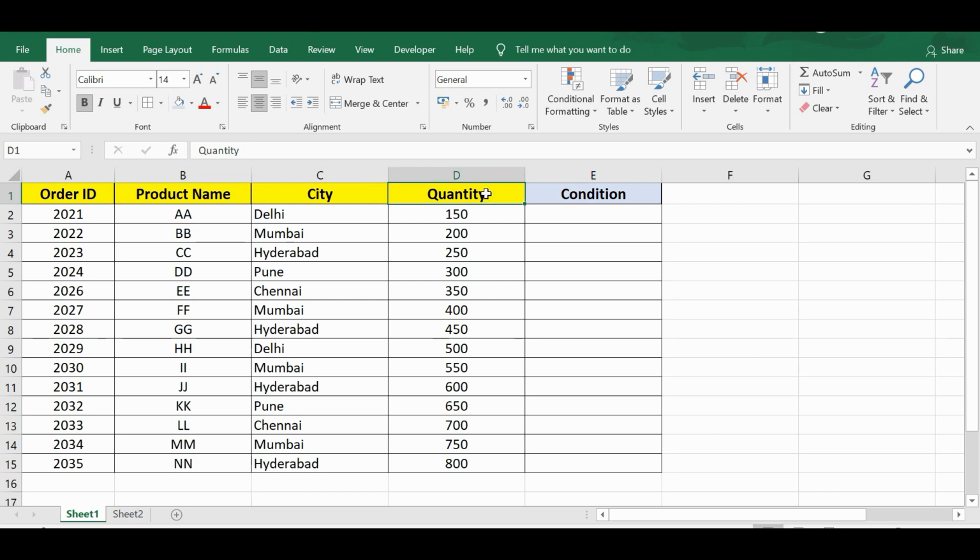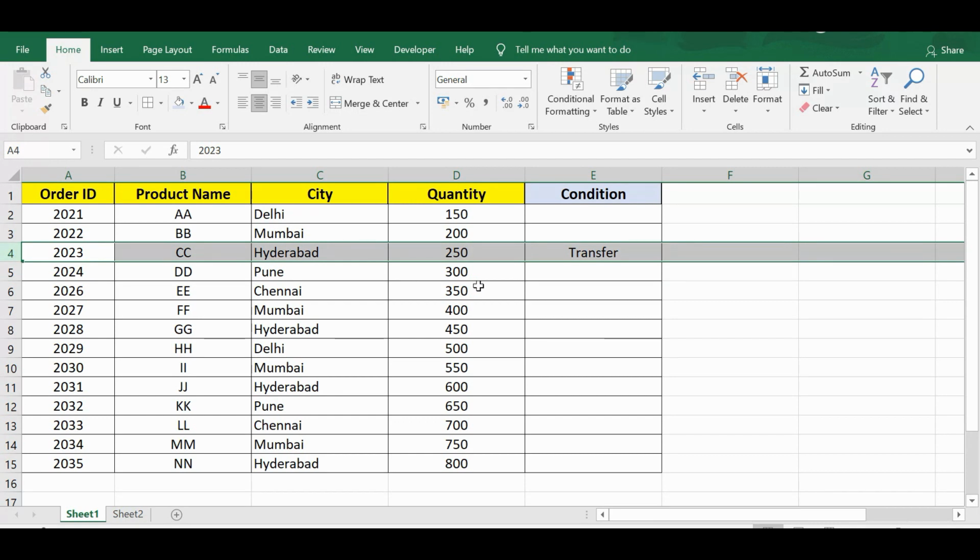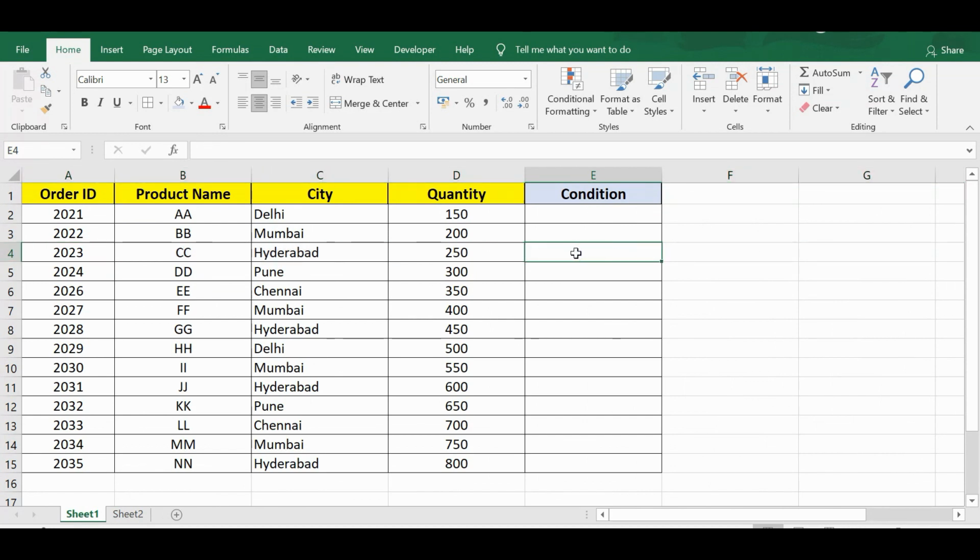Let's see what the VBA code is to transfer data automatically from one sheet to another sheet based on a cell value condition. So here I have two sheets, Sheet1 and Sheet2. On Sheet1 I have some data. Now what I want is, if I write a specific keyword in column E, let's say "transfer" for this example, and press Enter, then this specific row should be transferred to Sheet2. So let's get started and see what the VBA code is.